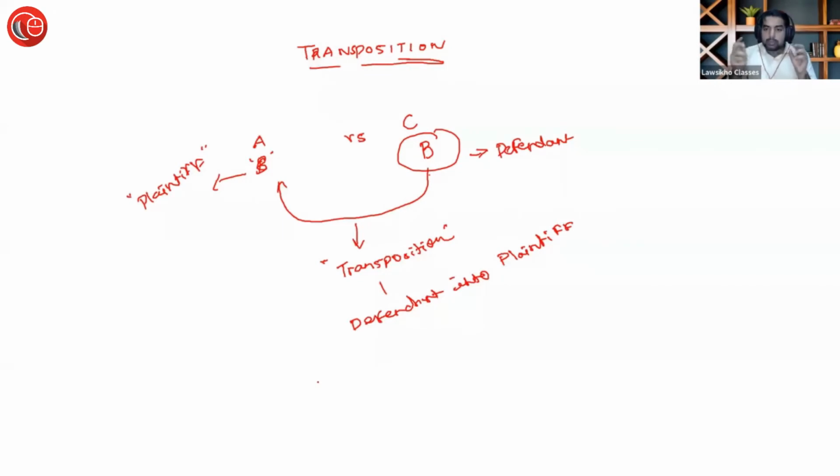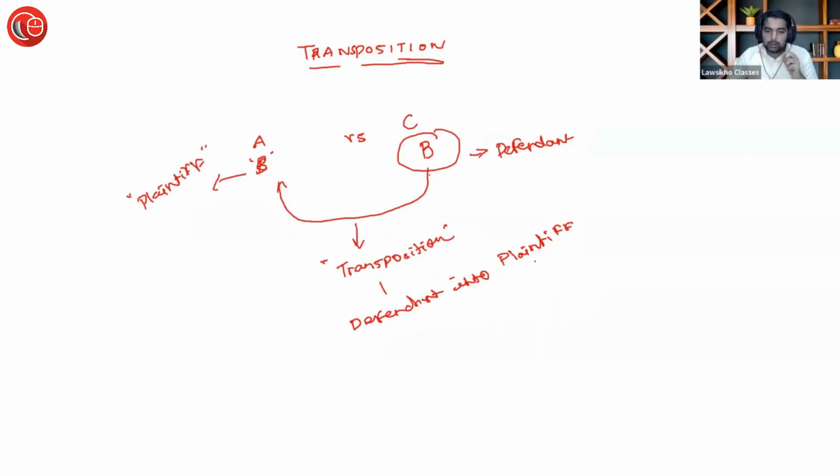pro forma plaintiff कैसे हो पाएगा? प्लेंट कौन फाइल करता है? The person who files the plaint is plaintiff. This fellow is not filing anything. डिफेंडेंट आप खुद अपनी मर्जी से चुन सकते हो. प्लेंटिफ तो खुद ही फाइल करते हो ना. प्लेंट फाइल करते हो तब प्लेंटिफ बनता है. प्रोफॉर्मा प्लेंटिफ तो बन ही नहीं पाएगा जब वो प्लेंट ही फाइल नहीं कर रहा. Definition ही से, who is a plaintiff? Any person who files the plaint. This fellow is not willing to take part in the litigation. So that is the reason this fellow won't be a pro forma plaintiff, it will be a pro forma defendant.